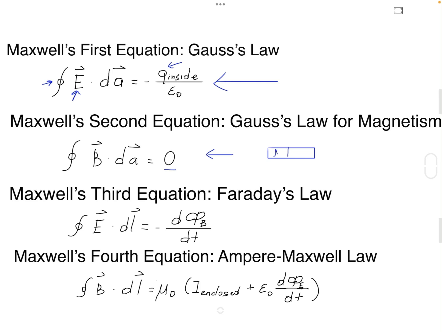So they come together. The third law, Maxwell's third law, Faraday's law, says basically a changing magnetic field creates or induces an electric field that forms a closed loop. So always know that it's always a closed loop. The first and second equations are about a closed surface, and the third and fourth equations are about a closed loop,